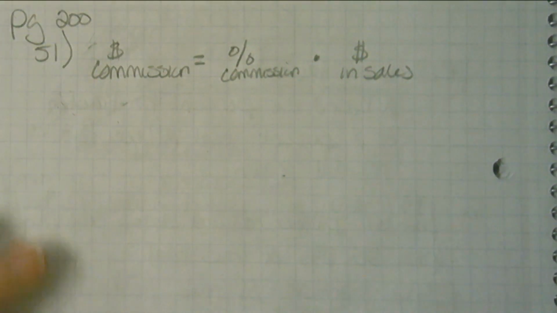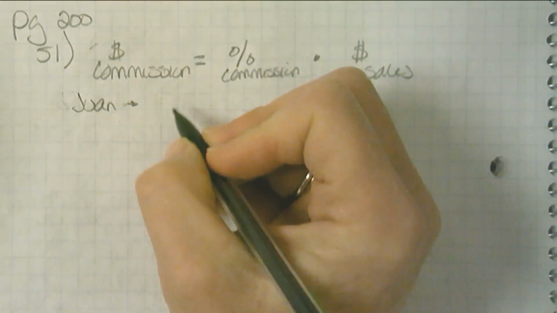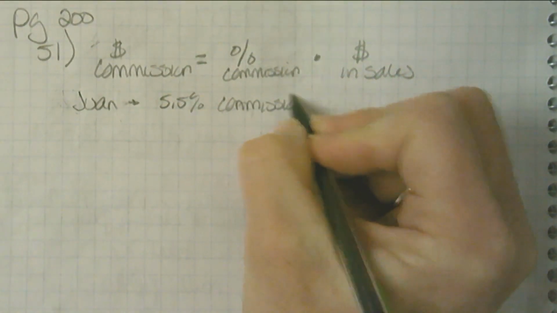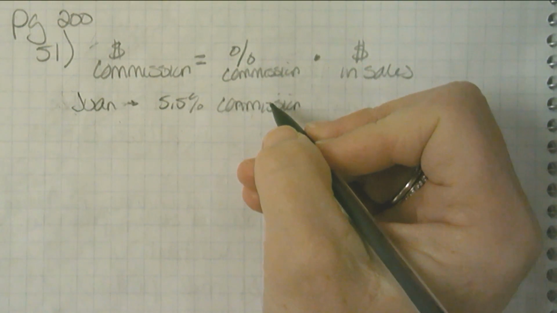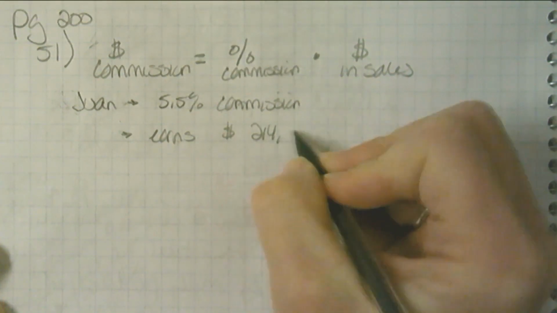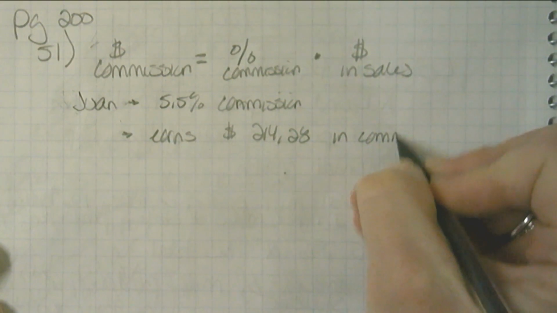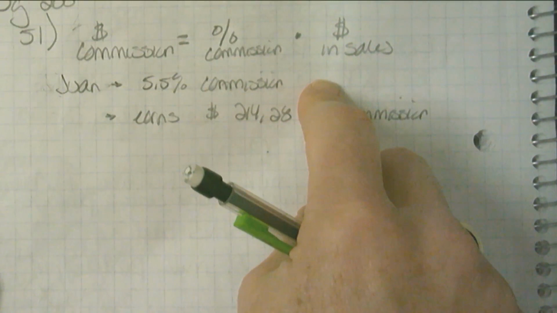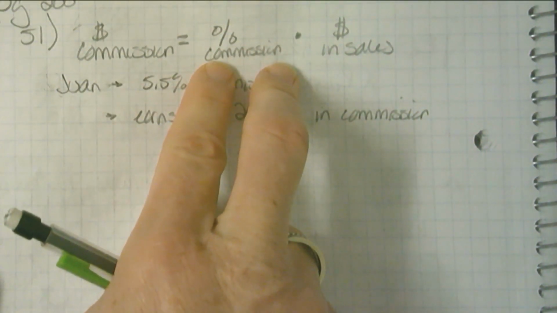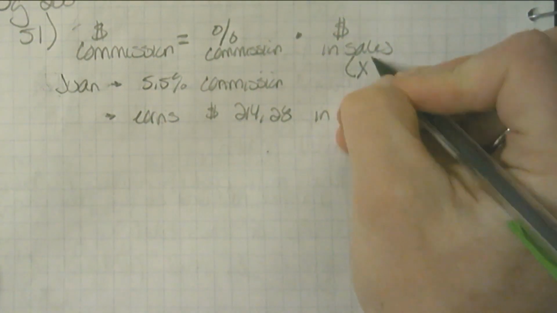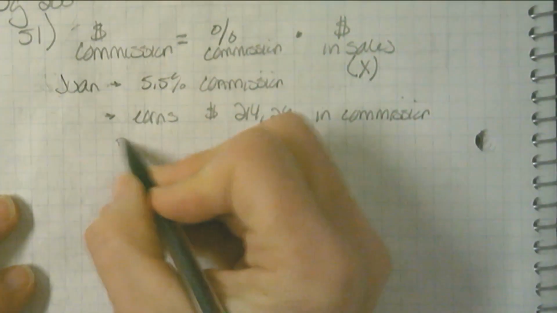All right, so let's look at what our information is. We have Juan, he earns 5.5% commission on his bike sales. In September, he earns $214.28 in commission. I know this is how I find my commission. The amount of commission is equal to your percentage of that commission times your amount in sales. We don't know the amount in sales, so there is my x. So my amount in commission is $214.28